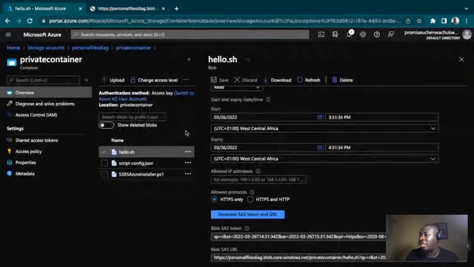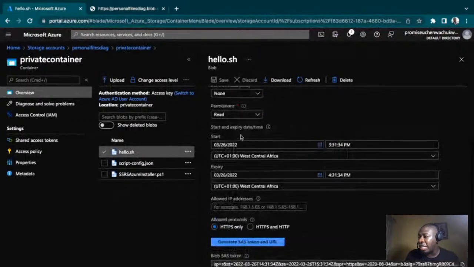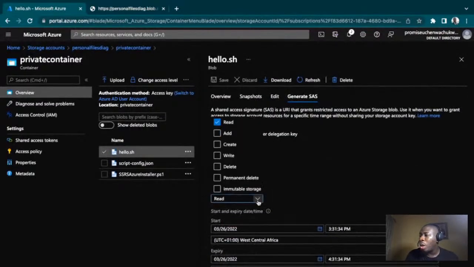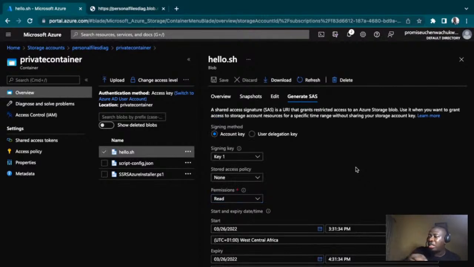If you remember here, right, one of the access I gave them was the read permission. But not just that, there are other permissions you can give them, which is what? Permanent delete, right? Or delete, the write, the create, the add. So once you set the permission, you can then say, oh, stored access policy. Well, if you have any, you could make use of it. But in my case, I don't have any, right? You can as well make use of rotational keys. That's you can have like up to 2 keys, right? You rotate them how you please, right?